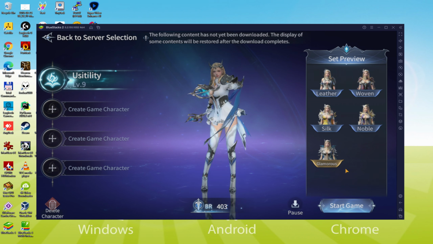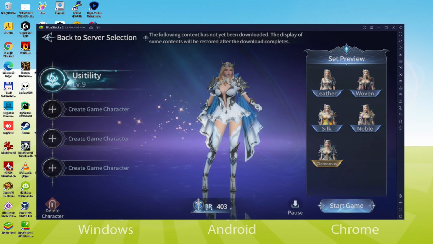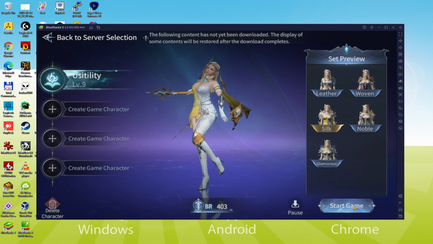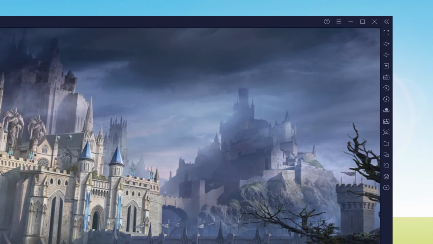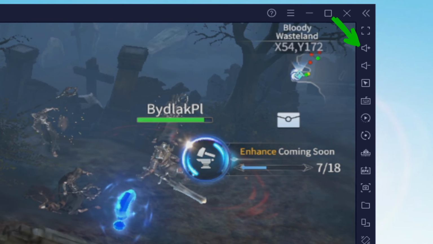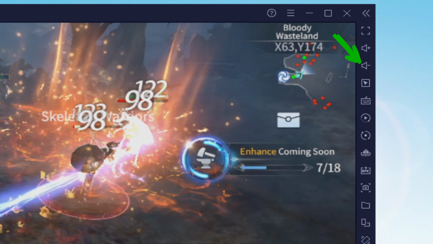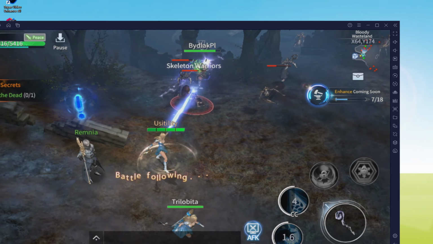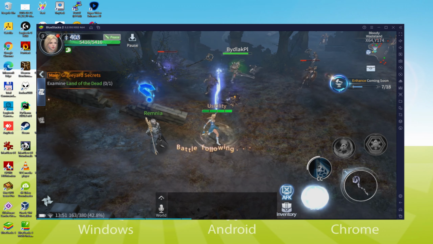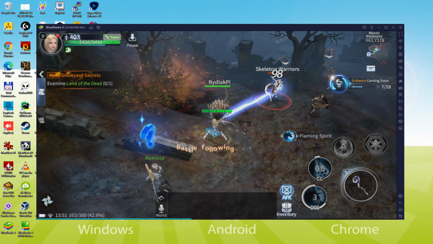Here we have it. I am able to mouse click anywhere on the screen and also make use of the keyboard. I have to discuss the volume level of this emulator. This is here. We use the icon of higher volume as well as the icon of lower volume. This way we will not rely on the Microsoft Windows volume to increase or decrease the sound experience of your emulator.